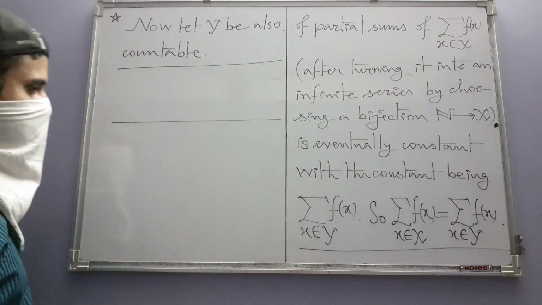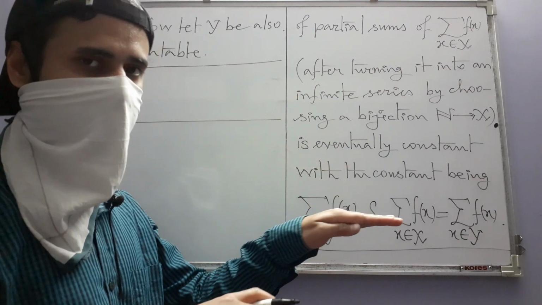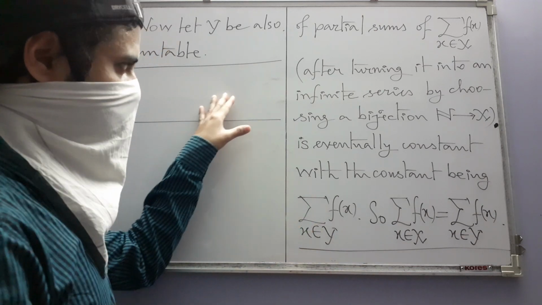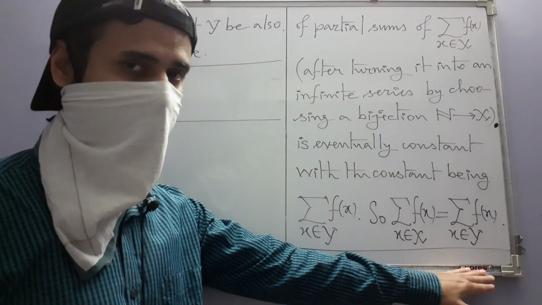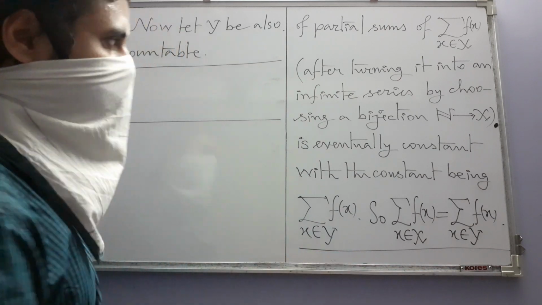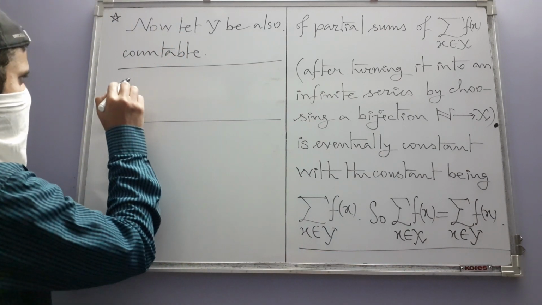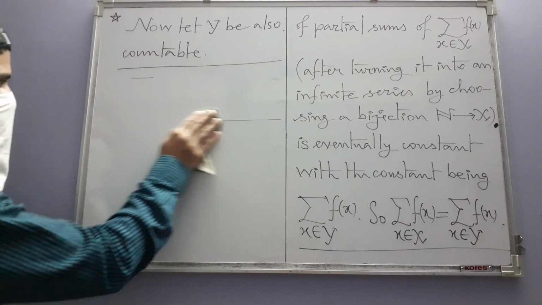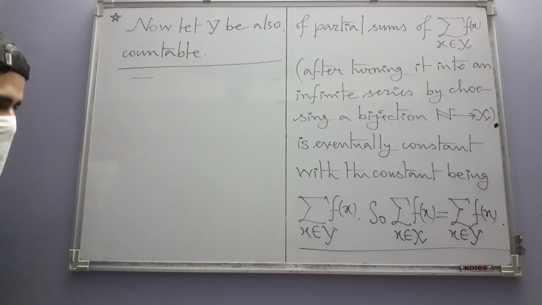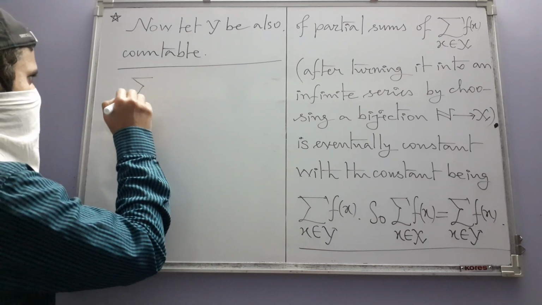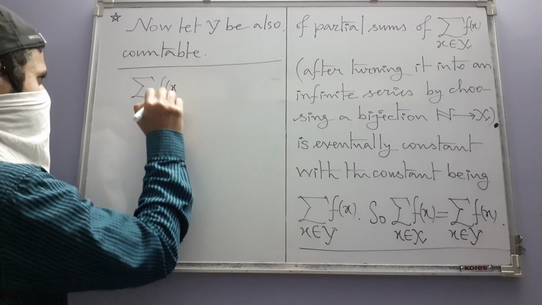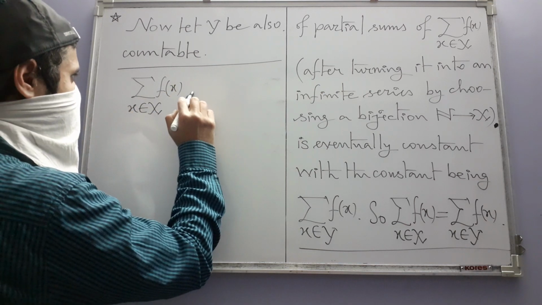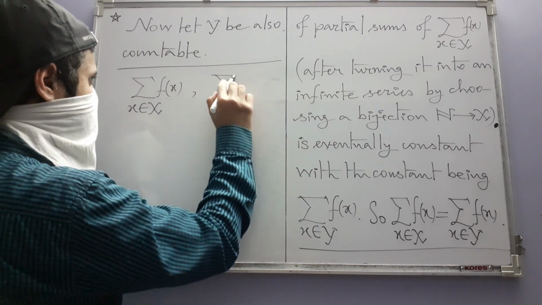These parts in between these horizontal lines are not parts of the solution. The things I am writing in them are for our understanding only. So one of the sums is this, and the other sum is this.